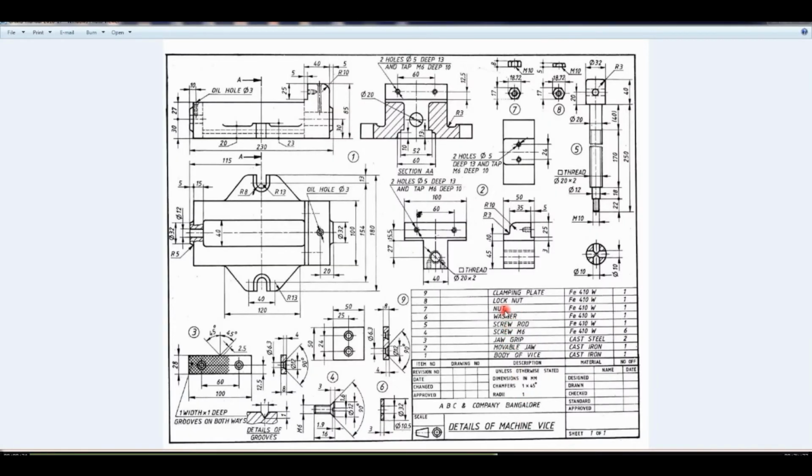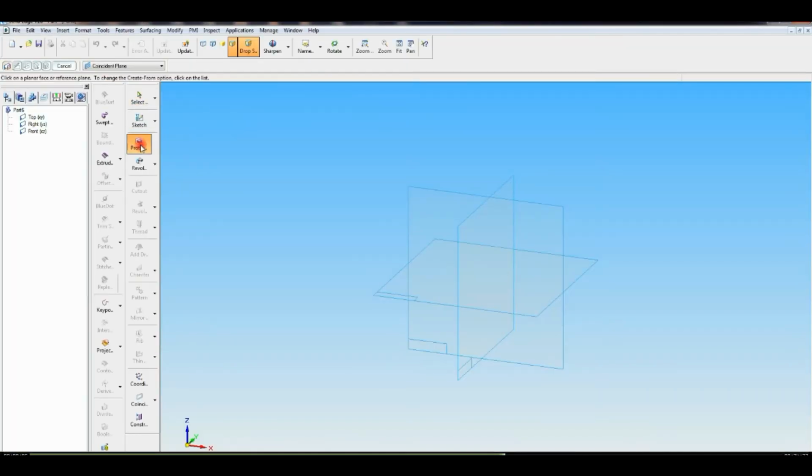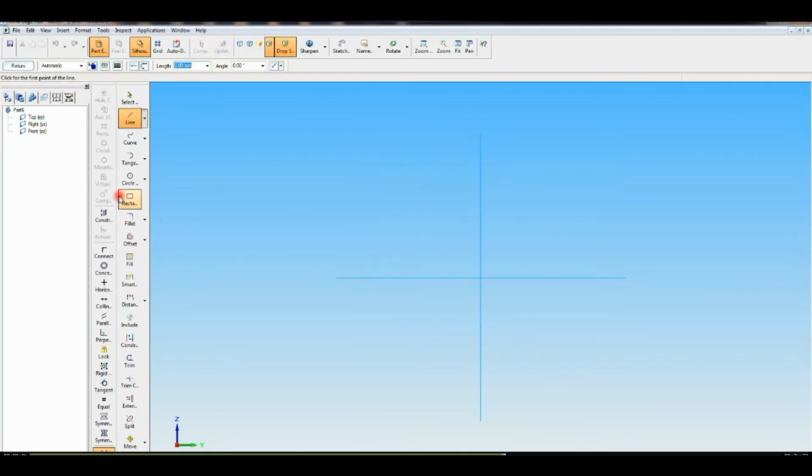Next one is the washer. Part number 6, washer. The washer thickness is 3 mm, diameter is 32, and the center hole is 10.5. Go to solid part, protrusion, select the right YZ plane, draw the circle of diameter 32, then draw one more circle of 10.5 mm diameter.